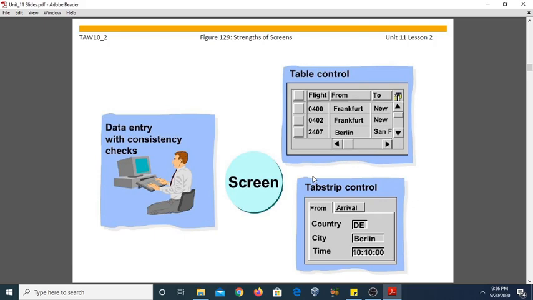So screens are sometimes called containers, which contain various screen elements. The screen may contain the table control. The screen may also contain the tab strip control. So these are the strengths of a particular screen in screen programming.